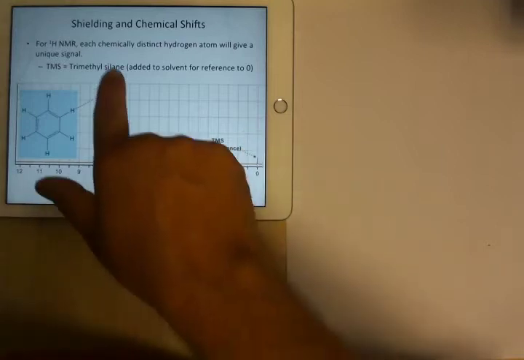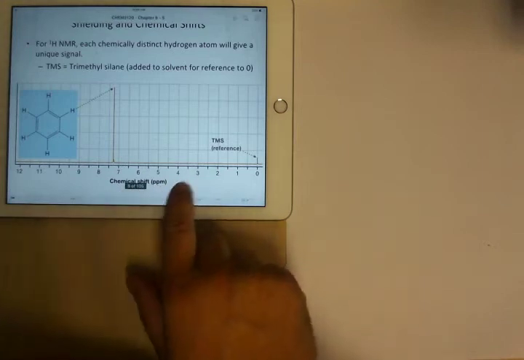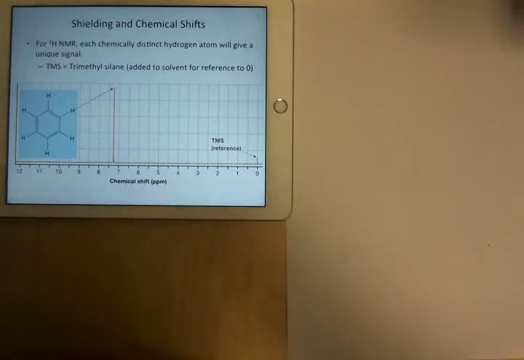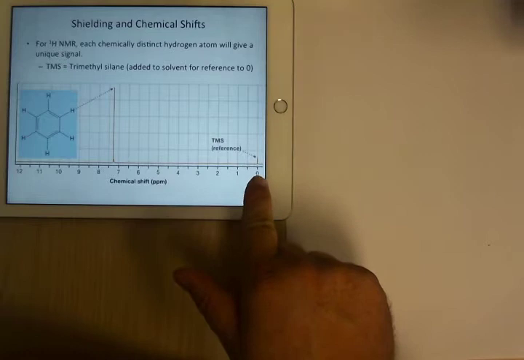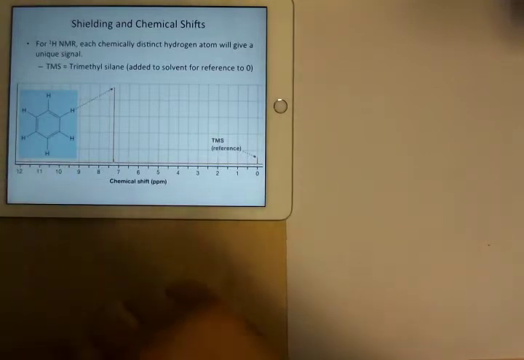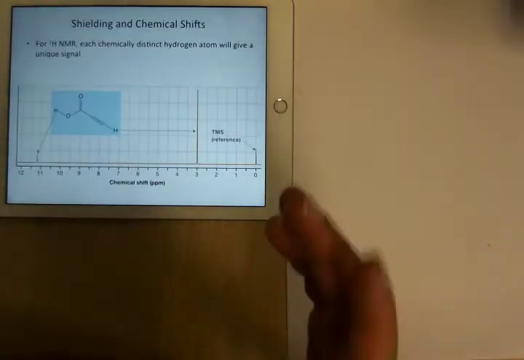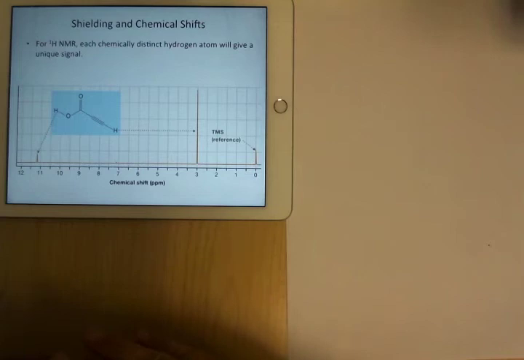Stuff like that. So here, this is the chemical shift. This has been shifted down. This is parts per million, and we'll talk about what that means in a second. But for hydrogen NMR, it usually goes from about 0 to 12, 14, somewhere in there. Stuff like that. So, if the hydrogens are in different chemical environments, they're going to give